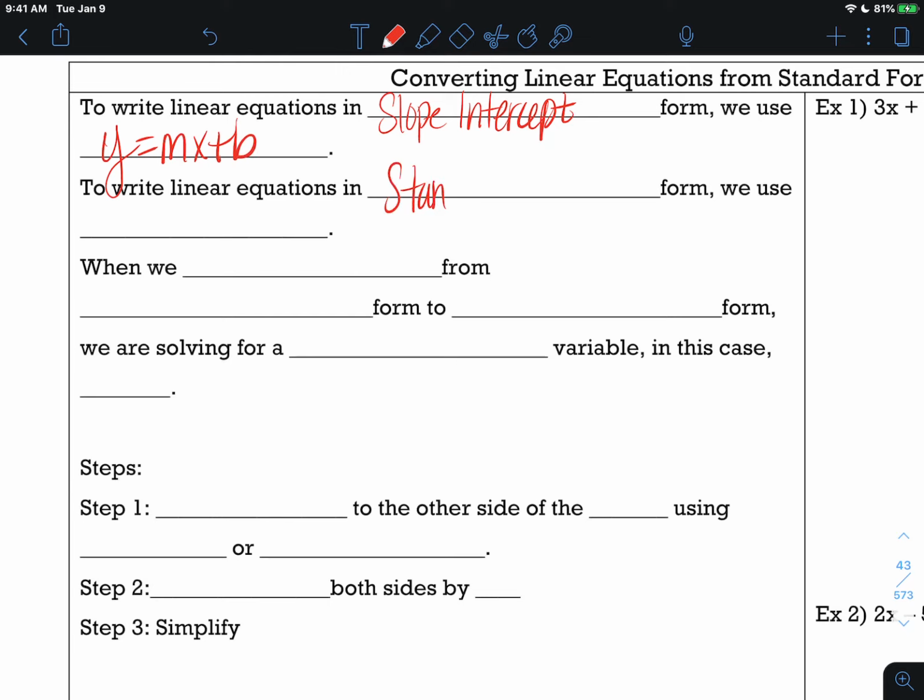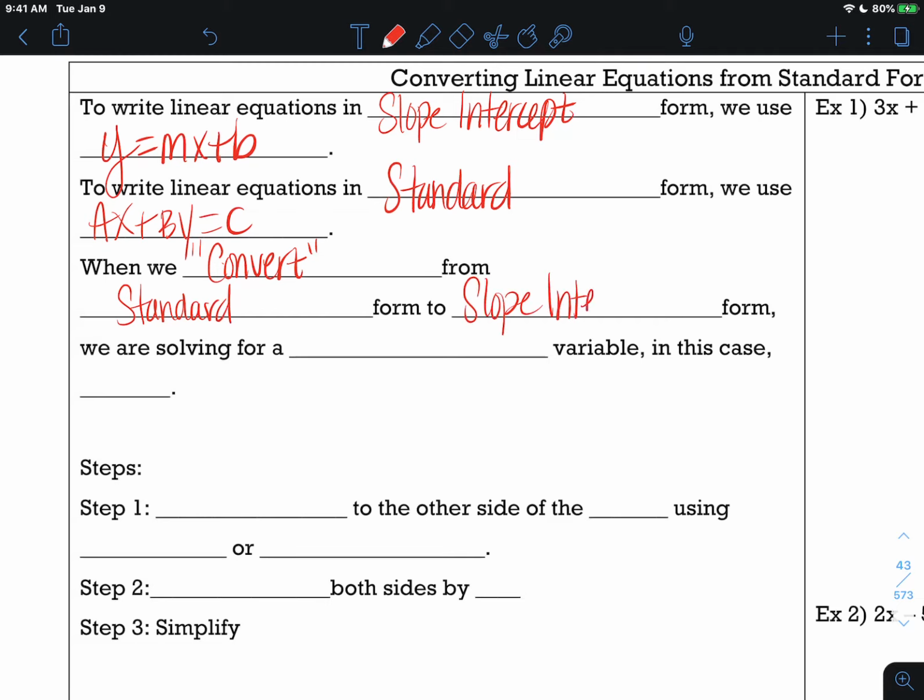To write them in standard form, we use ax plus by equals c. So when we convert, right, I guess that's what you would call it, from standard to slope-intercept,